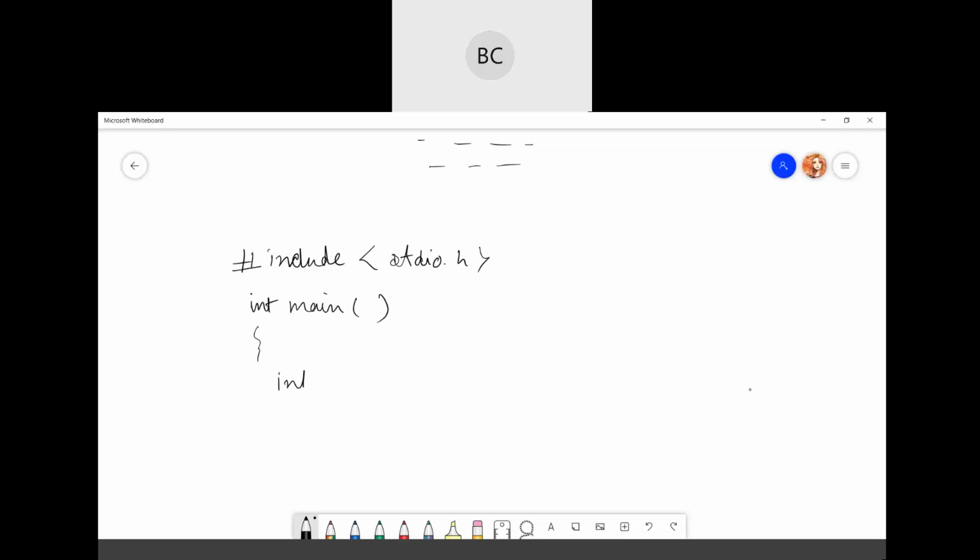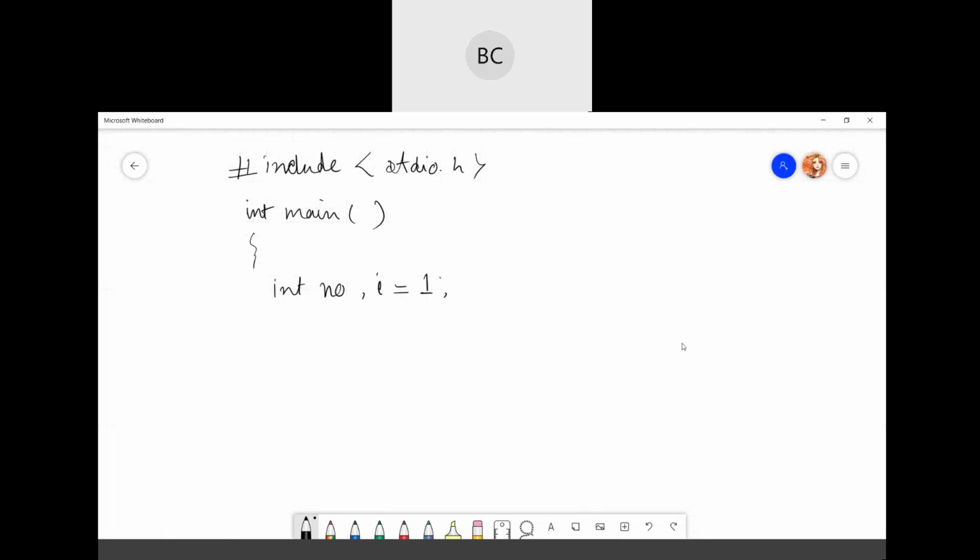I will initialize the variable, maybe number, then I'll again initialize the variable i as 1. Suppose we take a value from the user: whose table you want to create.